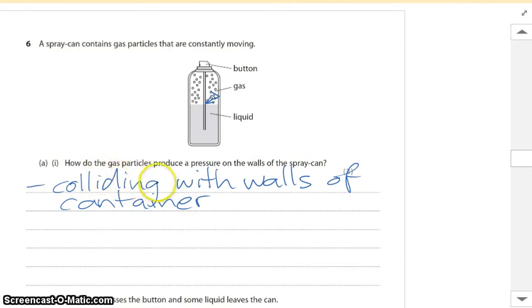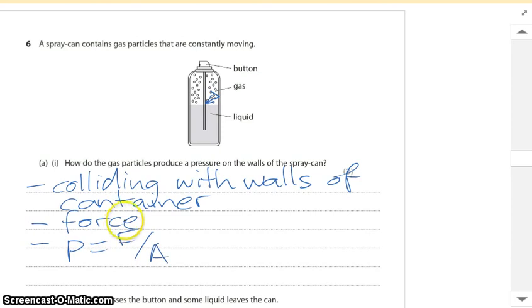with other gas particles, although they do happen, they don't provide any pressure of the gas, so you don't get a mark for saying that. The force on the wall of the container when the gas particle collides with it needs to be mentioned, and then because there's a force